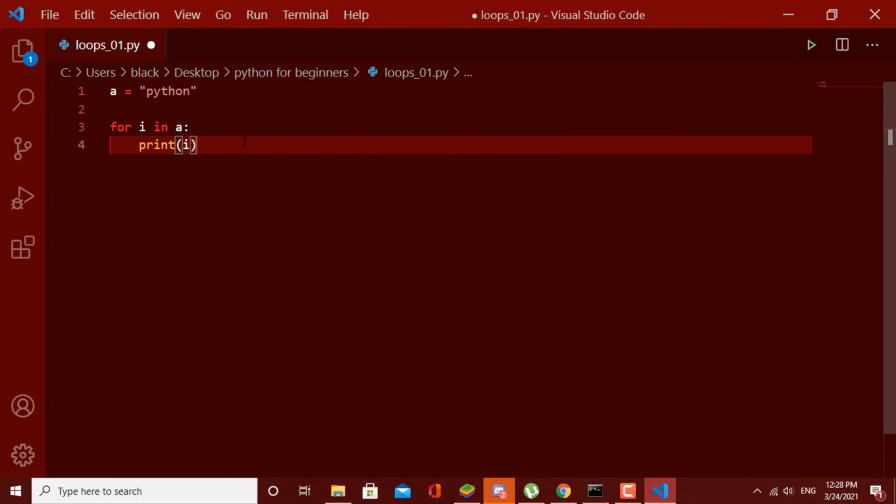What does this mean is this I is a variable for that instance, and it is changing over these values.